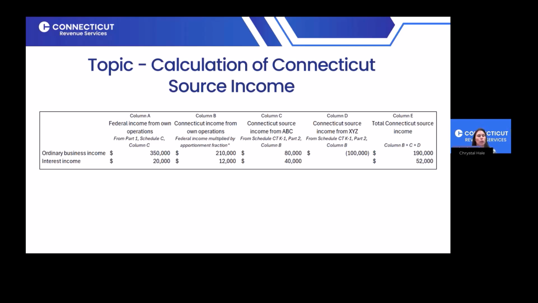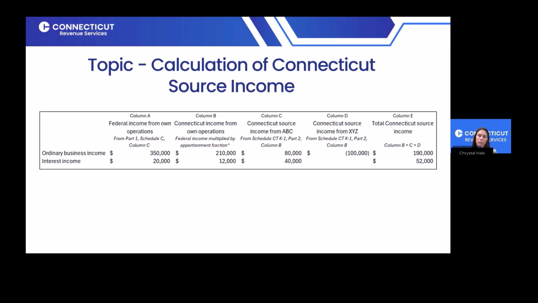So in column B, we've determined the Connecticut source income from the entity's own operations. We're then going to add the Connecticut source income from our subsidiary PEs. That has already been determined on our Schedule CTK1s that we received from those subsidiary PEs. So column C shows the Connecticut source income from ABC, which is from the Schedule CTK1, Part 2, column B that we received from ABC. The same thing with column D, our Connecticut source income from XYZ, which was an overall ordinary business loss of